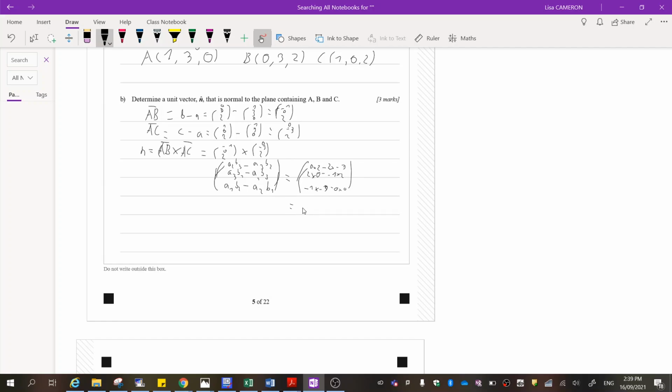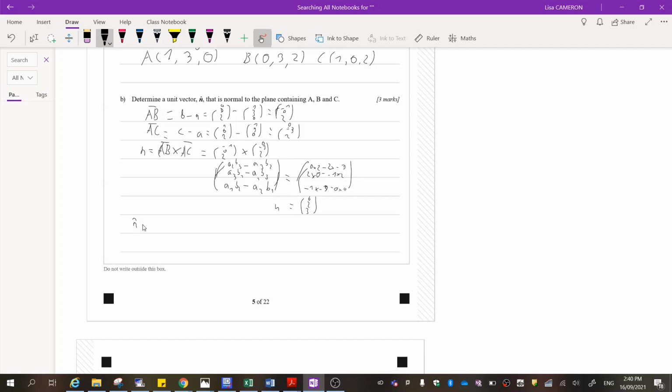And after doing all of that, should be given new vector 6, 2, 3. So that will give you n, but not done yet